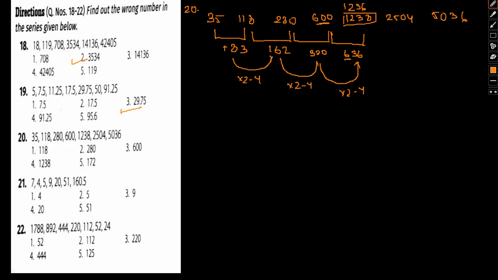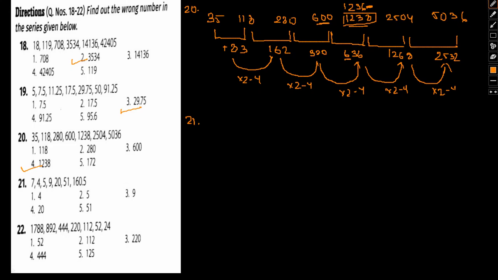Okay, so now if we go forward with 1, 2, 3, 6, we can actually try and correct the same as 1, 2, 6, 8. From 1 to 6, I am using this number again into 2, so 6, 36 being 72, 72 minus 4, 68. Yes, into 2 minus 4. From here to here, it would come out to be 2532. Again into 2 minus 4. So yes, this value actually satisfied the condition. So 1238 is the wrong answer, or the incorrect term in the series. Okay, I hope this is clear.